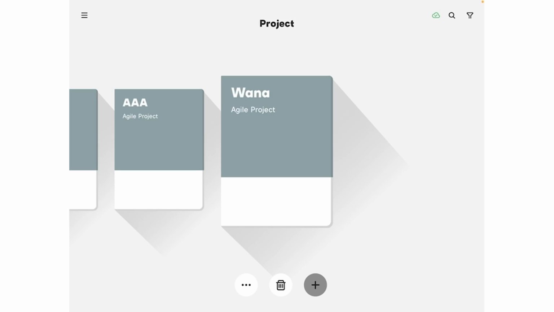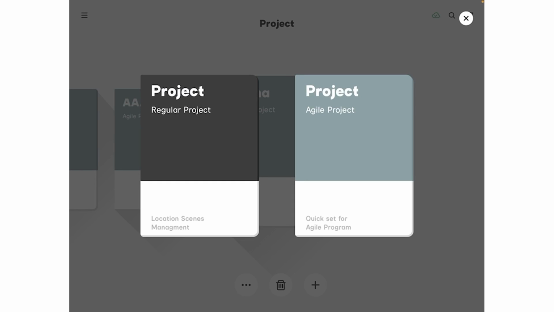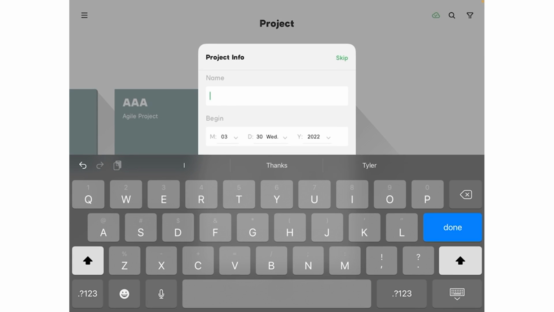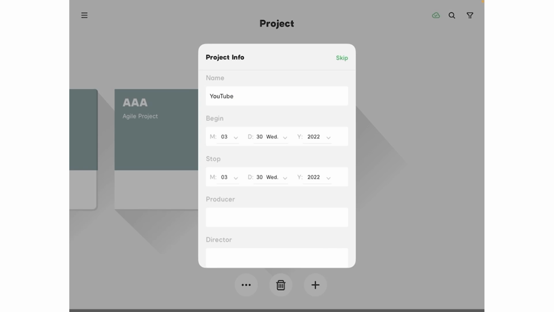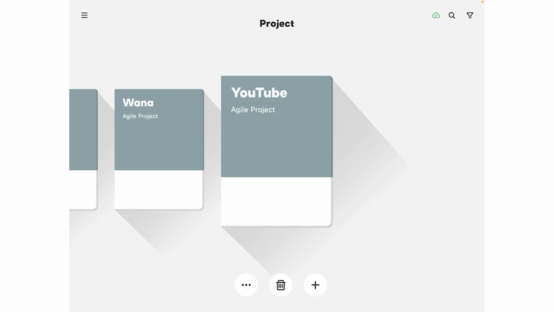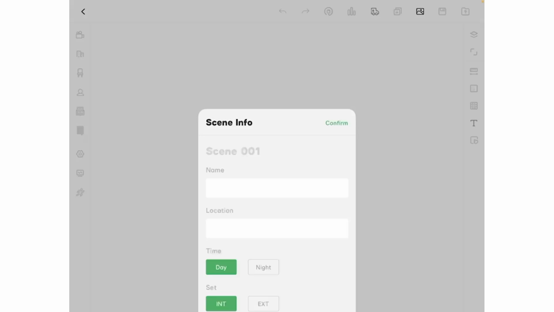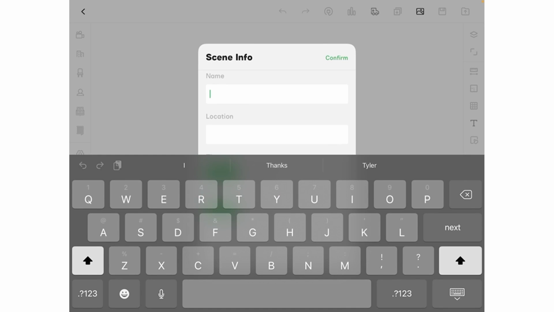Here we are in Diagram Master. We're going to press this plus button to create a new project. I generally just make an agile project because it's easier, and we'll call this video YouTube because the name of the project is irrelevant. Okay, so we jump in, create a role. Here we are in the scene info, and we will just call this kitchen scene, and it was located in